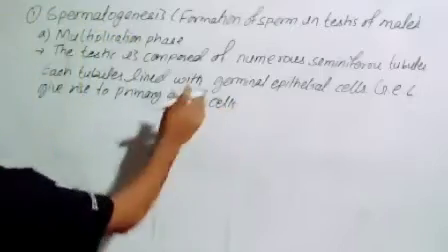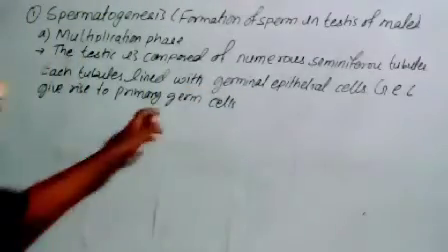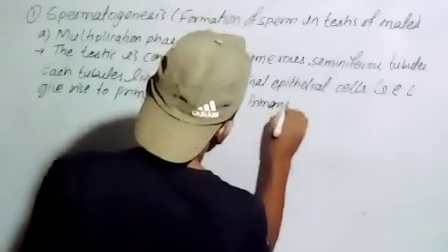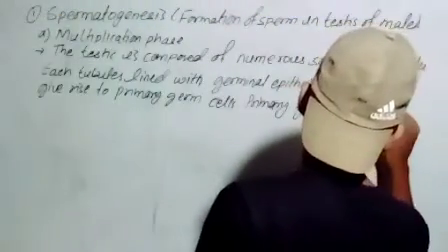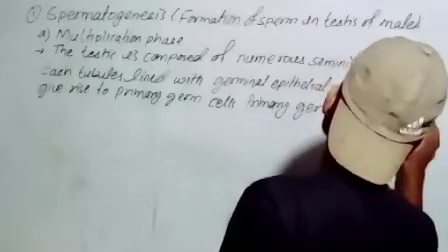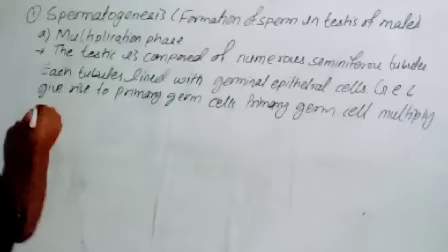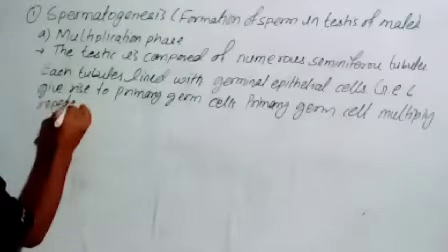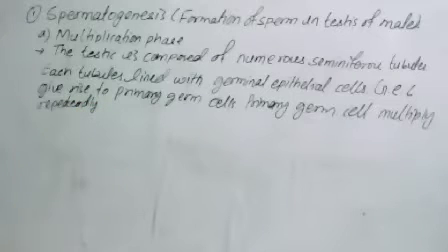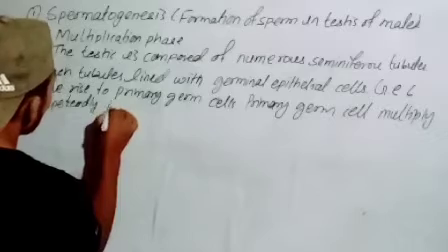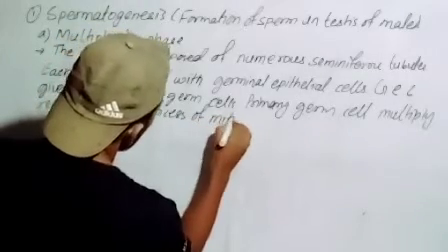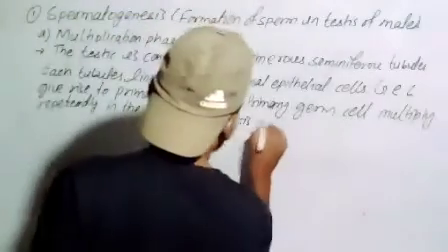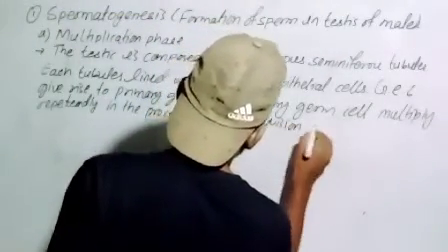It means that these germinal epithelial cells are converted into primary germ cells, and the primary germ cells multiply repeatedly by mitosis division and form